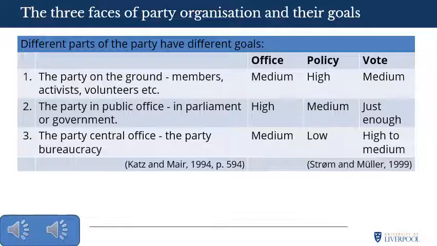There's also other elements where the party bureaucracy might want to protect the reputation of the party, which can lead to cover-ups and which can also be damaging for anybody wishing to win a vote maximising strategy. The party in central office also has a disciplinary role over members, often with the ability to expel them from the party if necessary, although it's seen as a last resort.